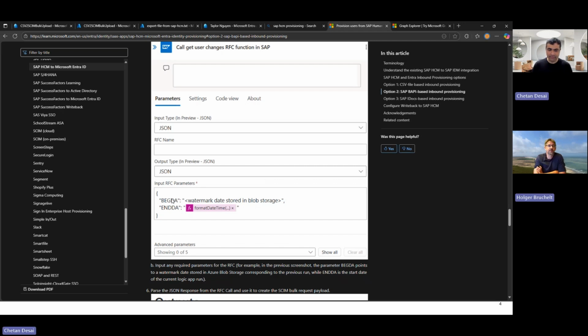Yeah, great. And you're right, calling any BAPI, any RFC from Logic Apps is fairly easy. So if I know my SAP system and I know ABAP code, I can easily create a custom function, a custom BAPI RFC, and then expose additional functionality from there. So this is nice. Yeah.